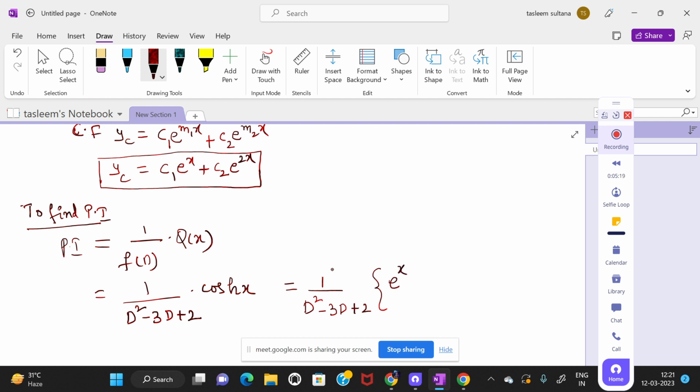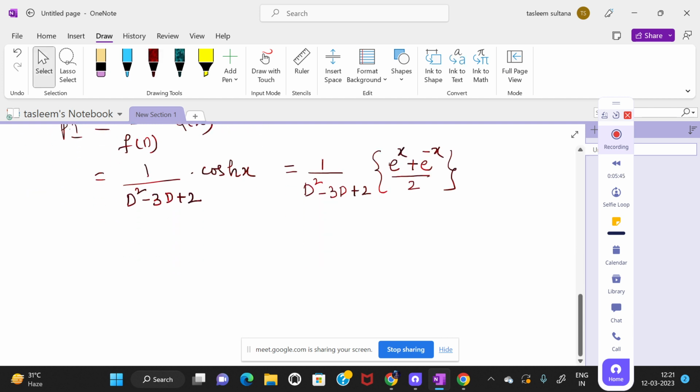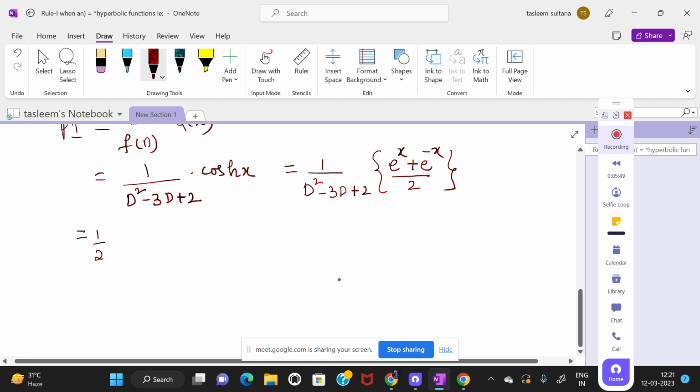and this cosh x will be in the form of e to the power of x. What is your a value here? This is the place for a. What is the value of a? A is equals to 1. So I am writing directly here e to the power of x, then plus e to the power of minus x, divided by 2. So this 1 by 2 is a complete constant. I will take it out and take it common. It equals 1 by 2 of